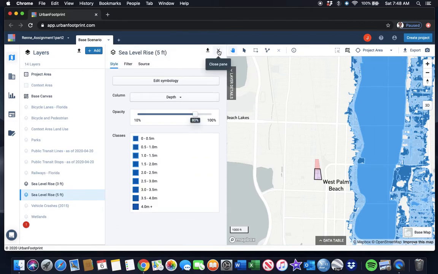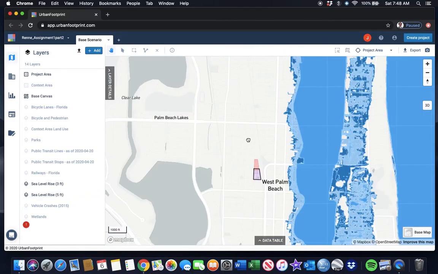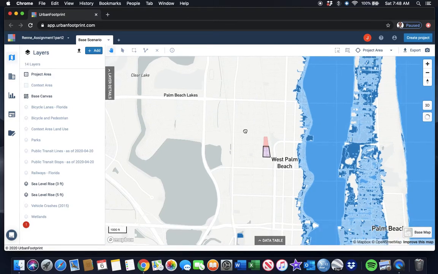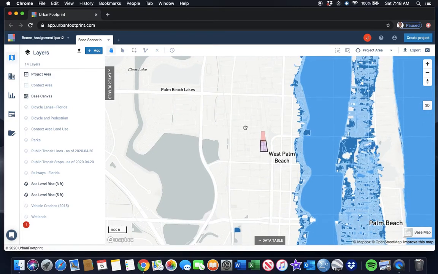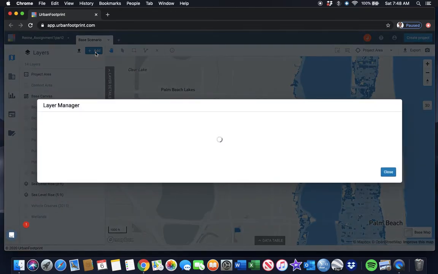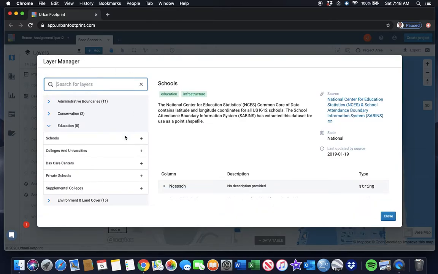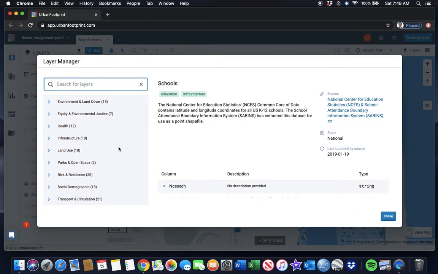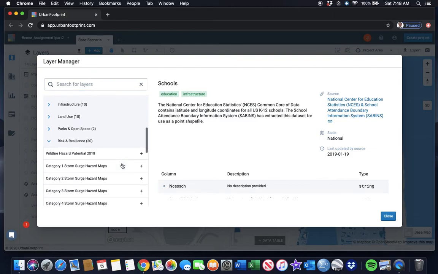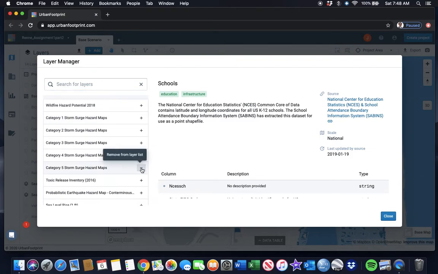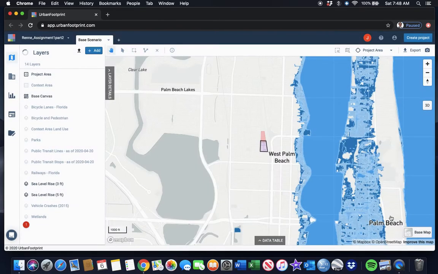So I'm going to close this. And so, you know, my site is not in a sea level rise area. But you know what? It could be in a storm surge area. So I'm going to go back to Layer Manager and just check that and see if I want to add that. So I'll go back to Risk and Resilience. I noticed they had a Category 5 storm map for a hurricane. So I'm going to close that. I got my Category 5 storm surge map that just came in, and we're going to go ahead and